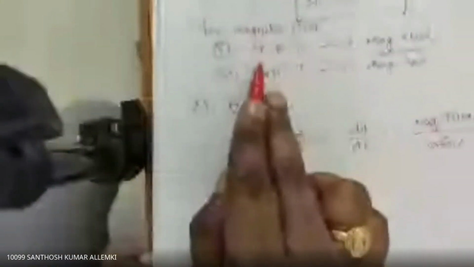We have already derived the expression that the surface integral of B dot dS is equal to phi. From this, we can derive the expression del dot B is equal to 0.